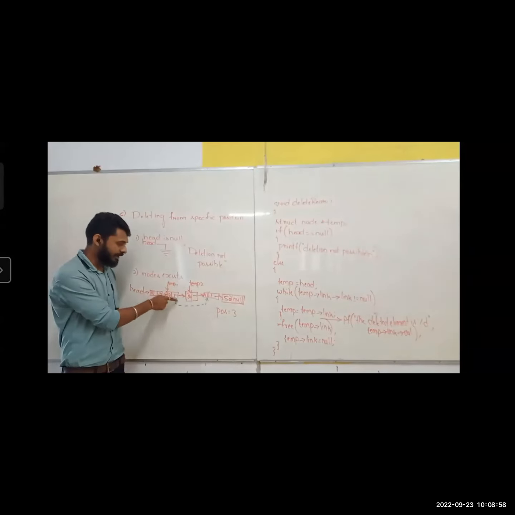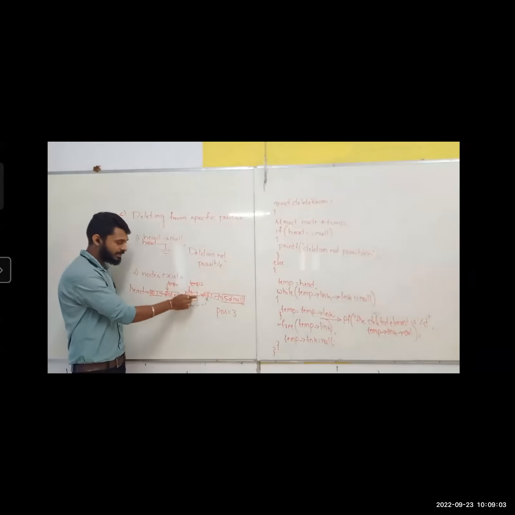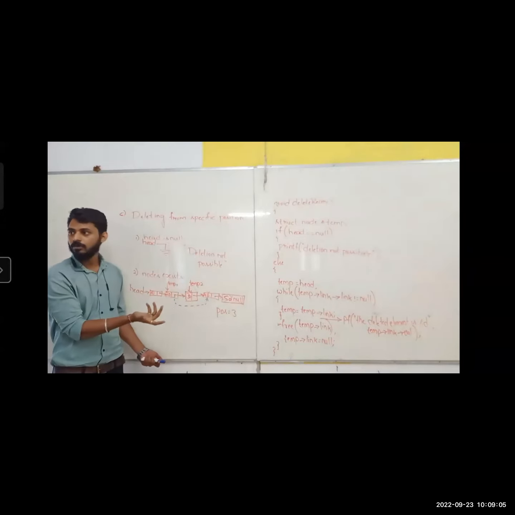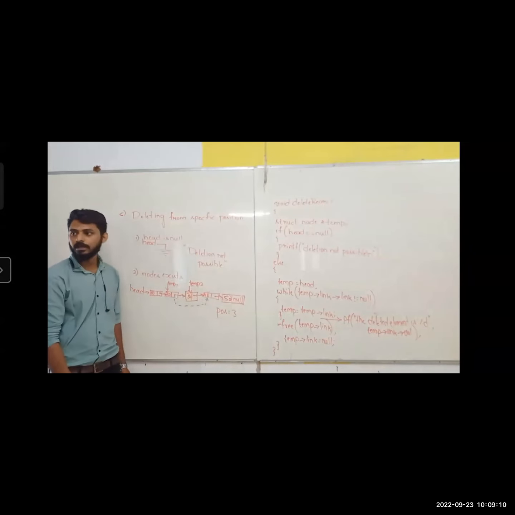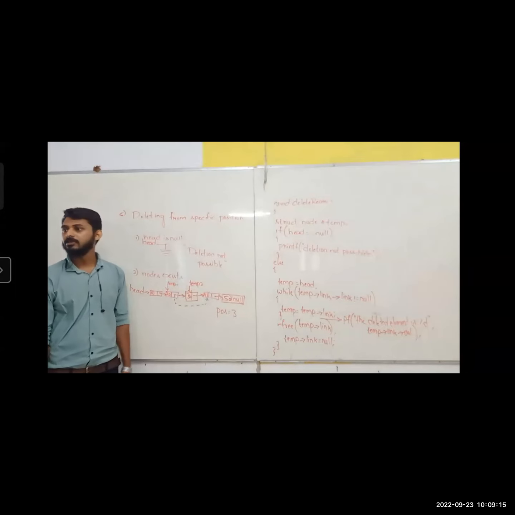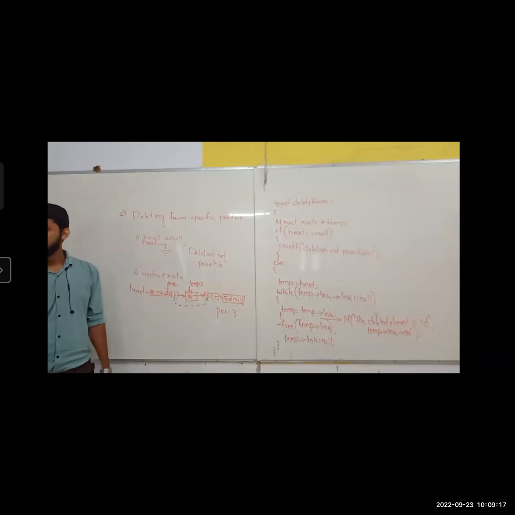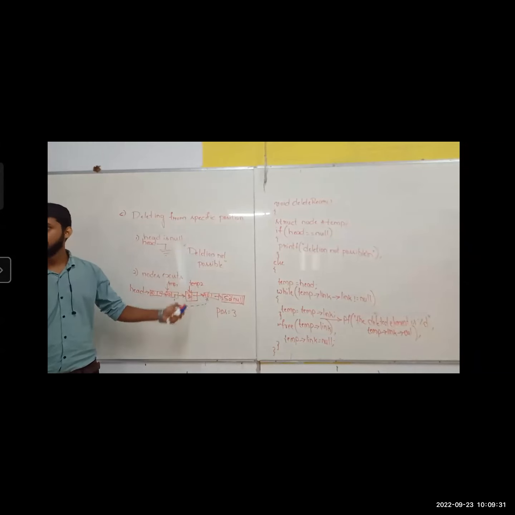Now temp 1's link is pointing to here. Is there anyone pointing to temp 2? Assume that it is not there. Is there anyone pointing to 30? No, I cannot delete them. Still, this is pointing to here. I don't want that. Completely, I should delete. Then what should I do? Keep temp 2. It is very easy to delete temp 2. Simple. First, I should point my temp 1's link to the same place where temp 2's link is pointing. Later, you directly delete temp 2. Done and dusted. That much is only the program.